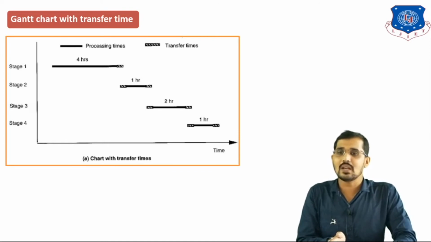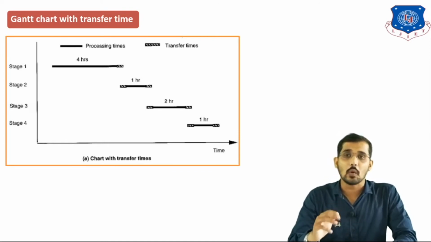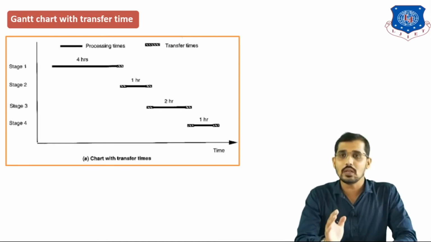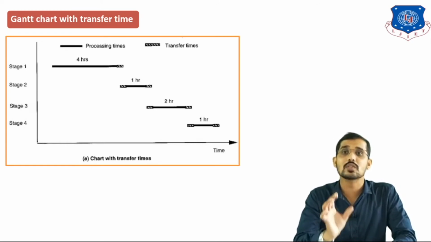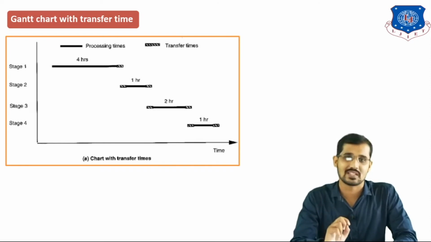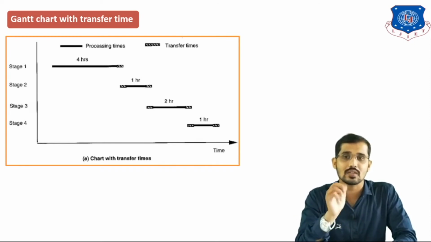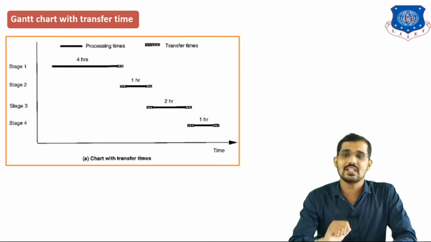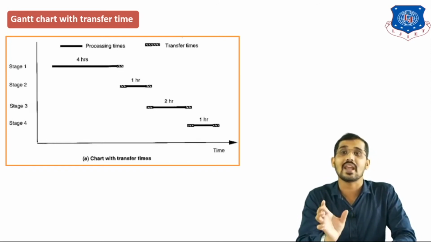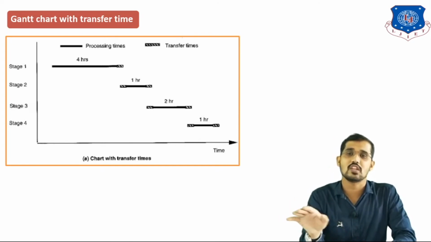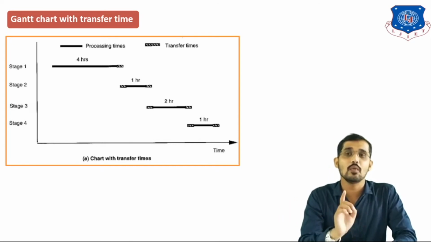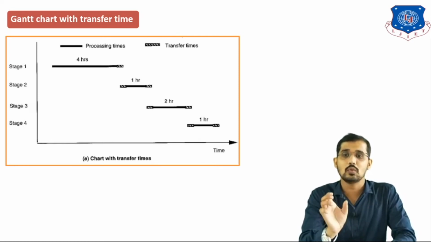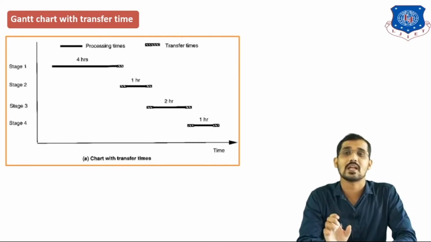After that, now we will see stage 3. Now I am going to draw a line for stage 3. I told you stage 3 is nothing but the centrifuge, and the processing time for the separation of the solid from the solvent is only 2 hours. So I will draw one line for the 2 hours only. You can see there. After that, there are dotted lines which represent the transfer time. And lastly, there is the 1 hour line, that is nothing but the drying equipment. So for stage 4, I will draw another line that is only for 1 hour. And those dotted lines are nothing but transfer time.